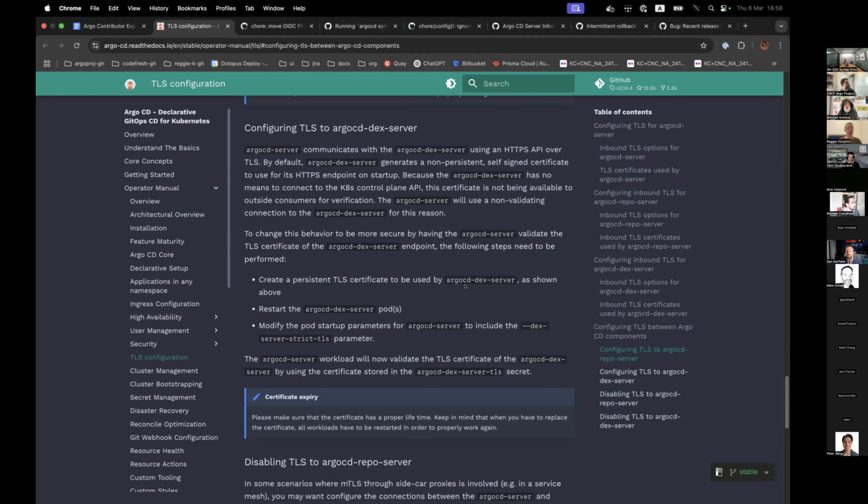We could make it a little bit simpler, I guess, so that once you have a CA, maybe stored in a well-known secret, those services will configure themselves to use that CA for validation. I don't know, but yeah.